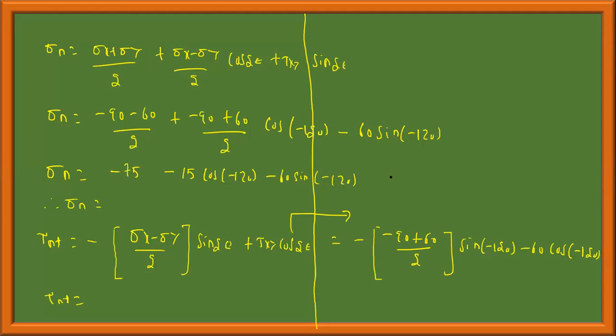What is sigma n? Minus 15.53. Okay, correct. Minus 15.538. Tau nt is 17.0096, that is 17.1 MPa. Next,